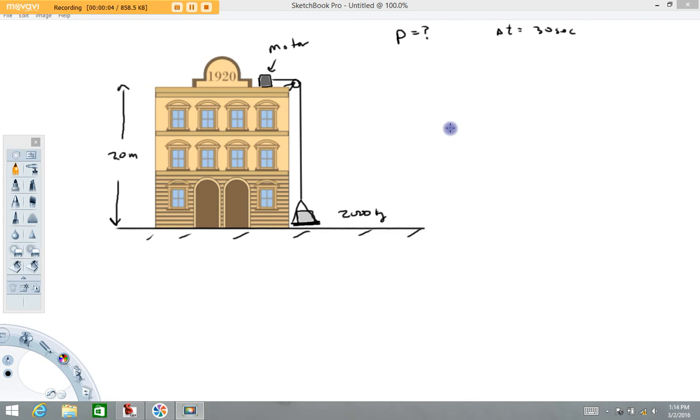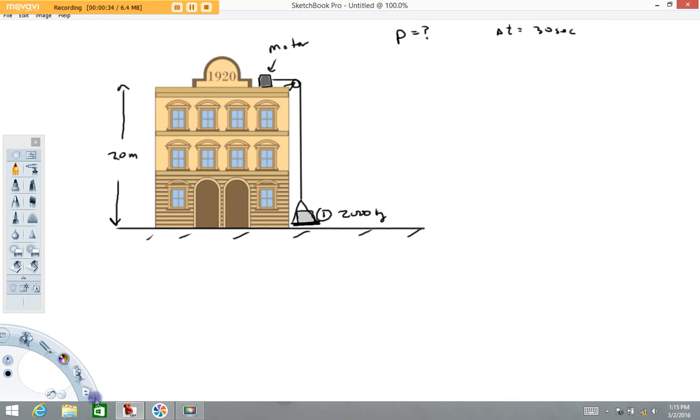The purpose of this video is just to walk through a demonstration of how to calculate power. In this example, some sort of crew needs to get this 2,000 kilogram load lifted to the top of this building, which is 20 meters high. They're doing so by using an electric motor which is connected to a rope which goes over this pulley down to this load. So again, what has to happen is this 2,000 kilogram load has to start here and move